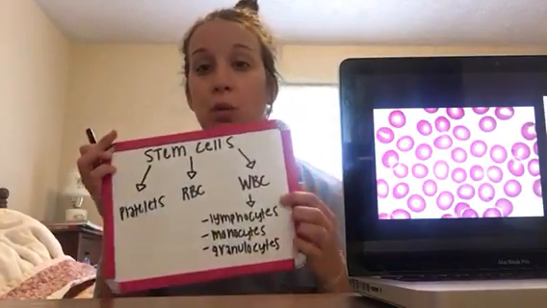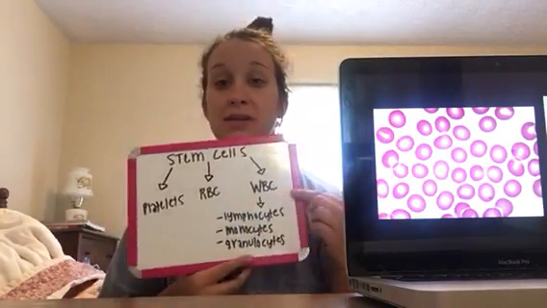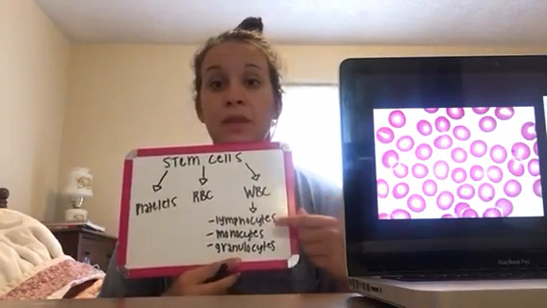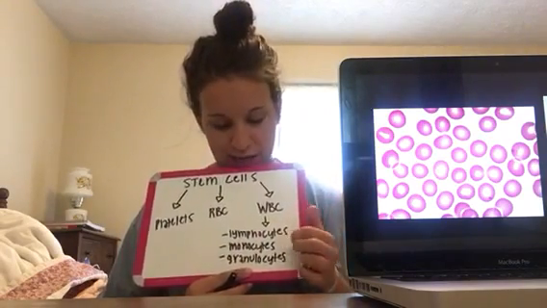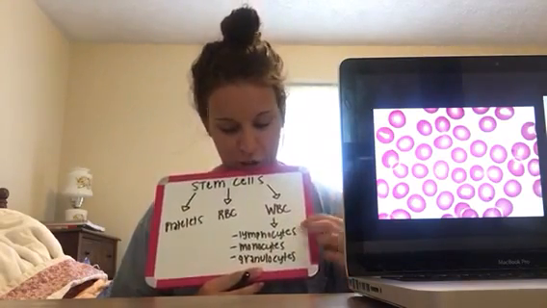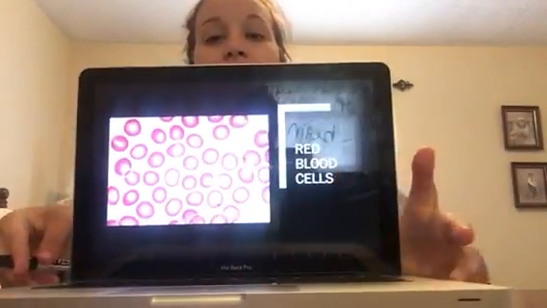So now, as I stated on here, we're going to move into our white blood cell category, which is the most important for the immune system. And as I said, it breaks into 3 categories, and that's lymphocytes, monocytes, and granulocytes. So we're going to start by talking about the lymphocytes. So our lymphocytes,